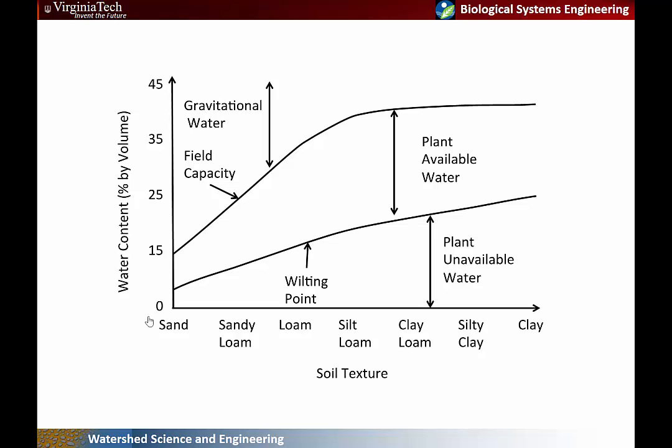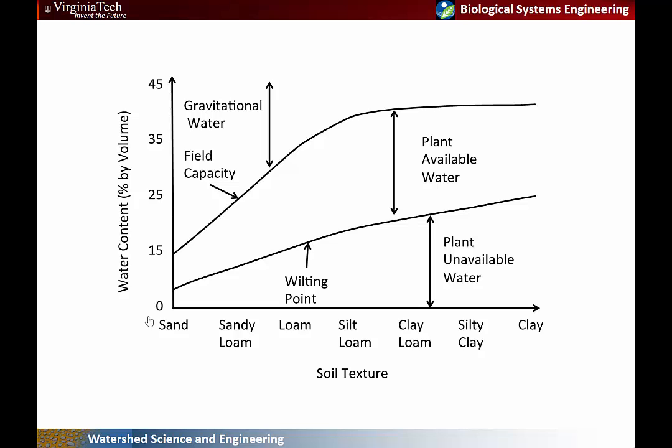And what it's showing here is the water content, percent by volume, so the volumetric water content for these different soil types. So this is the wilting point, this line here. Plants cannot access moisture below the wilting point. What you see here is that sands have a relatively low wilting point. Plants can access moisture down to 4 or 5, 6% moisture content in the sand, whereas in a clay, due to the abundance of those small pores where water is held very tightly, they can't access moisture below much like